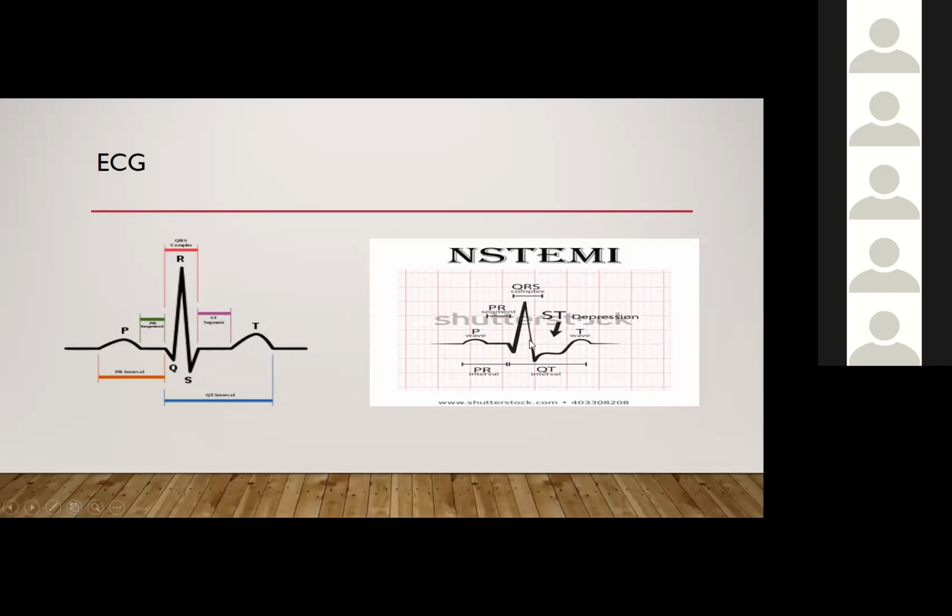But you can see that the ST segment now is below the baseline. Okay, so then we say that the ST segment has become what? Depressed. So this will be termed as what? ST segment depression, or non-ST segment elevated myocardial infarction, what we call NSTEMI,